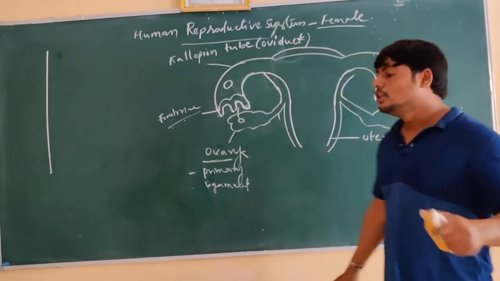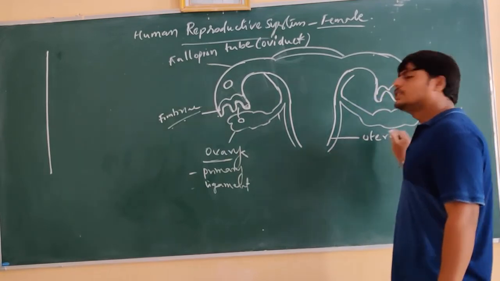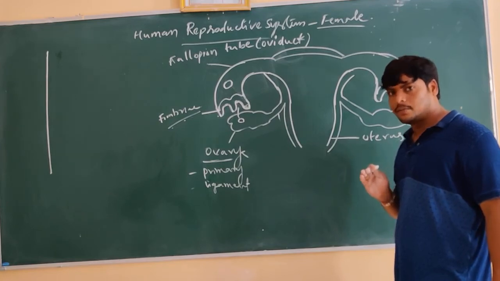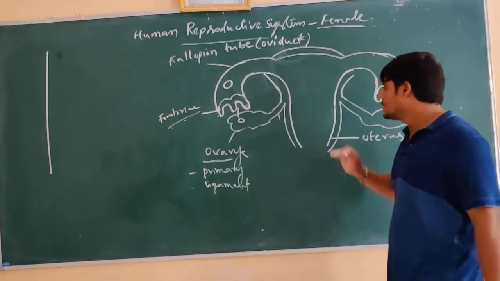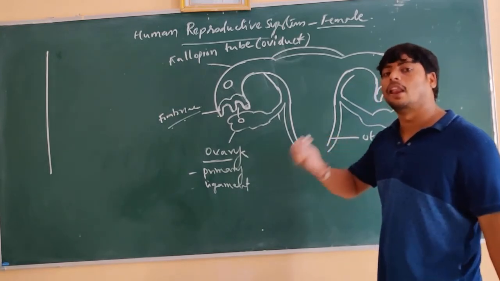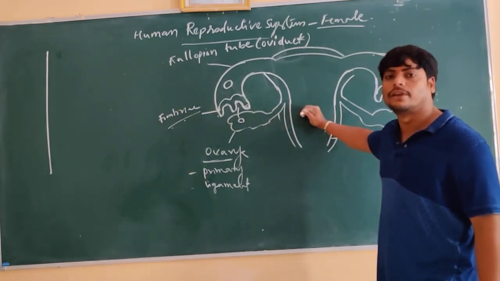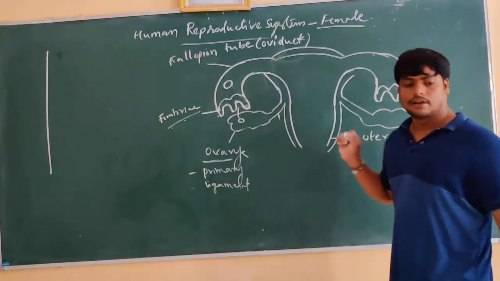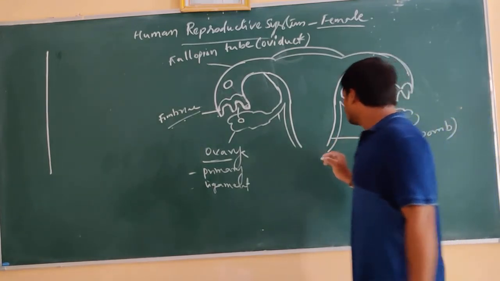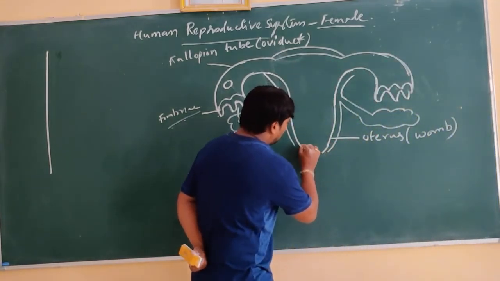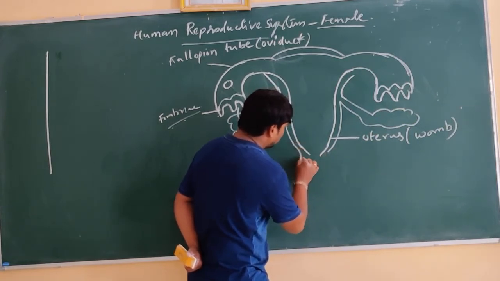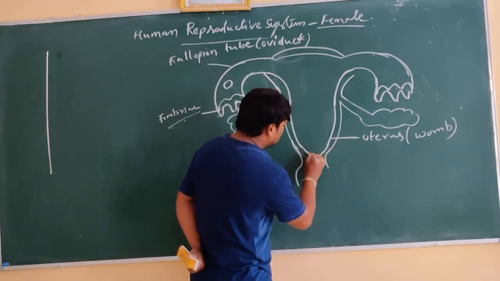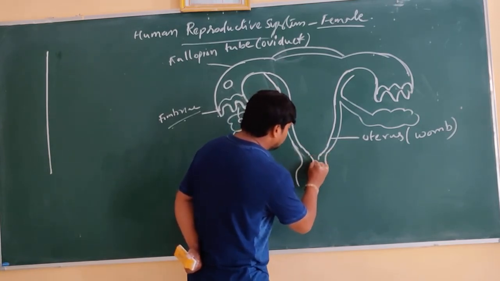What is it called? Uterus. So this uterus is one of the very important structures of the female reproductive system, where the fetus development is going to occur. Fetus means what? Baby development is occurring in this structure of the female body. That's why the uterus is also called the womb of the mother. What is it called? Womb of the mother. So this uterus is connected to a small opening, which is called the cervix.